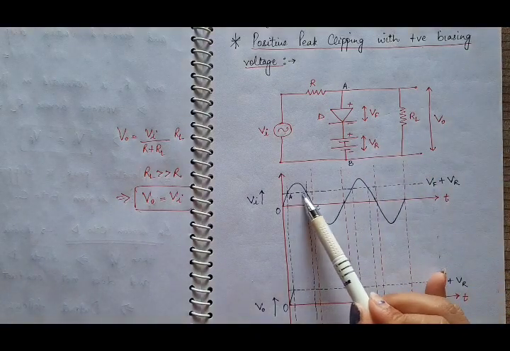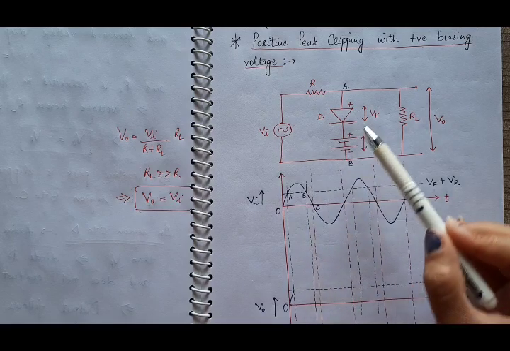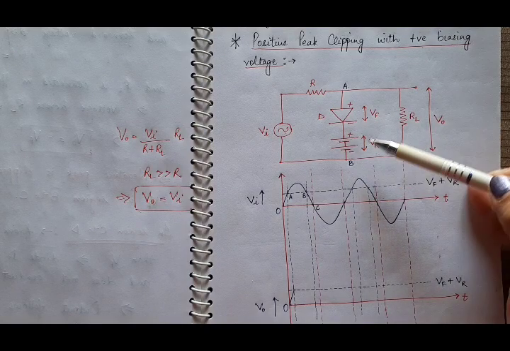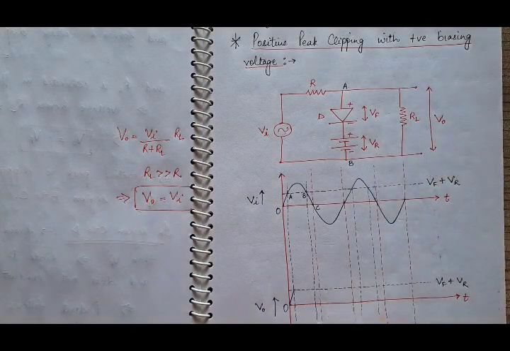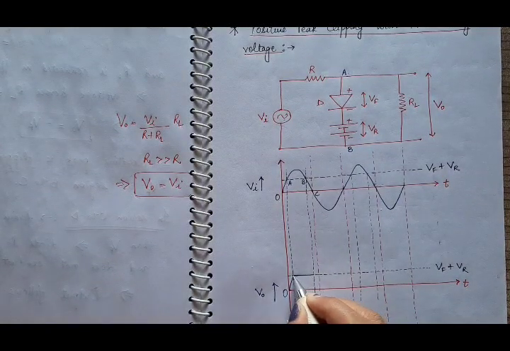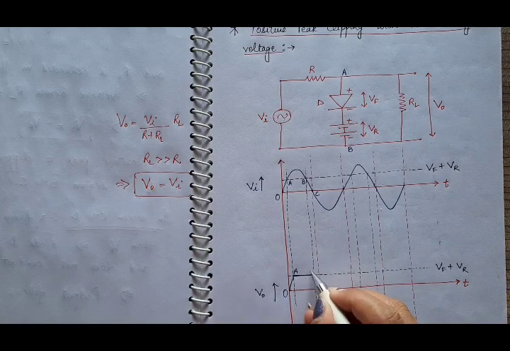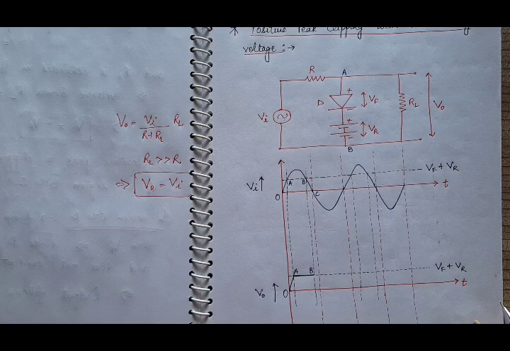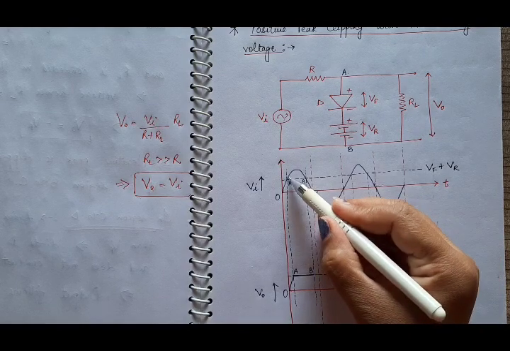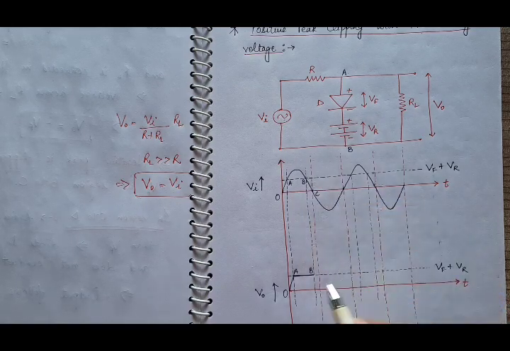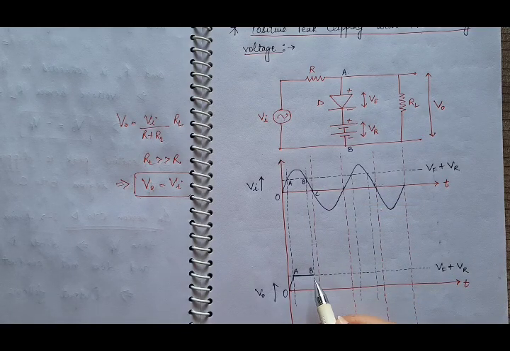So during this whole region AB, as the diode is forward biased, the voltage across AB will remain constant, that is Vf plus Vr. So our output will be constant, equal to Vf plus Vr in region AB. That means the positive peak is being clipped. In the input signal we have a positive peak, but corresponding to this positive peak we have a constant output during this region AB, by removing the positive peak.